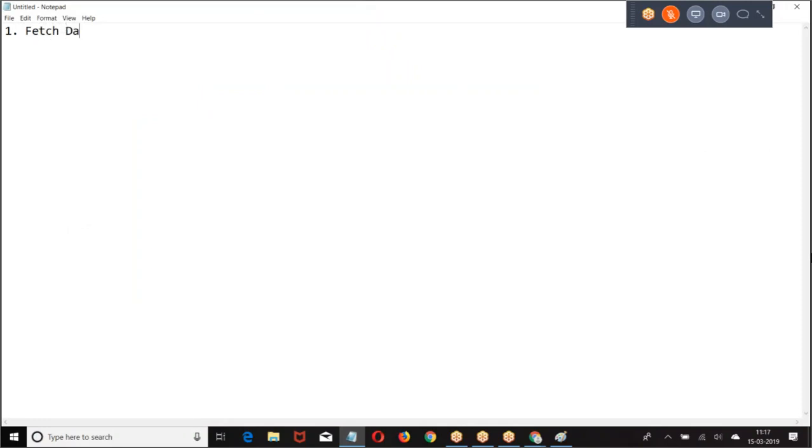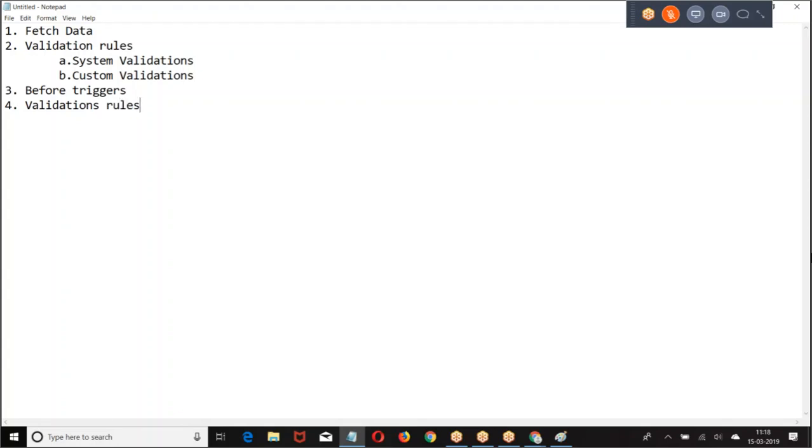So overall, to make it simple, I'll give the order here. Fetch data, validation rules, system validations, custom validations, then before triggers, then again validations, then duplicate checks, then save the record, then after triggers,